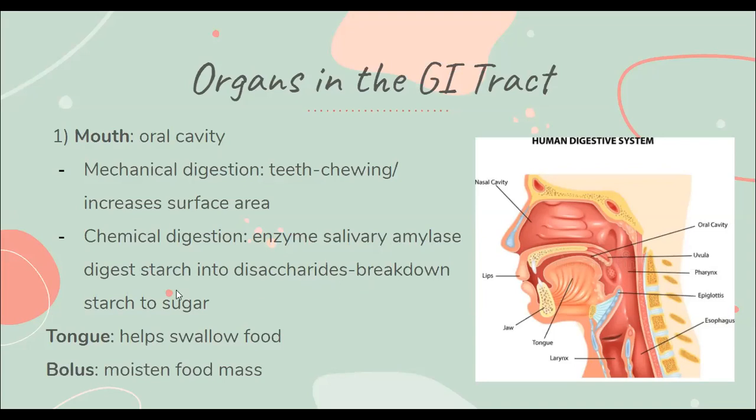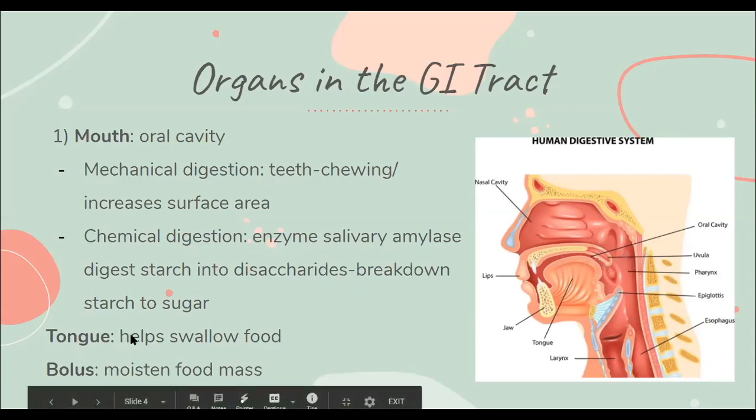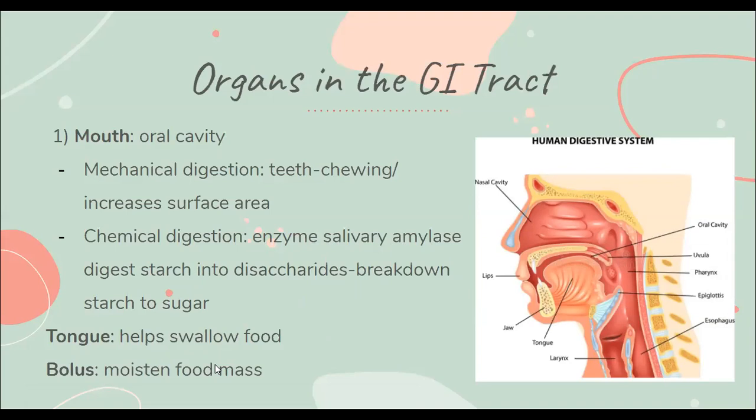It's basically the breakdown from starch to sugar, which is like the first step in digestion. It happens in your mouth with your saliva and the enzymes in it. And then your tongue is there to help swallow food, so it plays a pretty important role. And then there's something called the bolus, which helps moisten your food mass to make it go down your esophagus